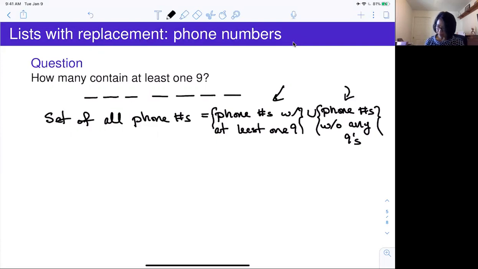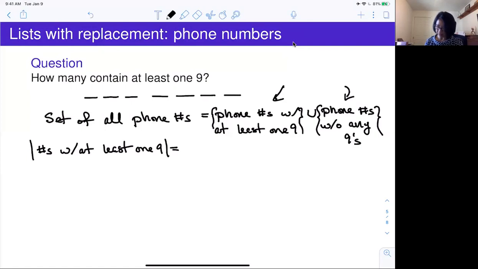Okay, so if I want to find the size of the set of phone numbers with at least 1 9, I can say that the size of the set of numbers with at least 1 9